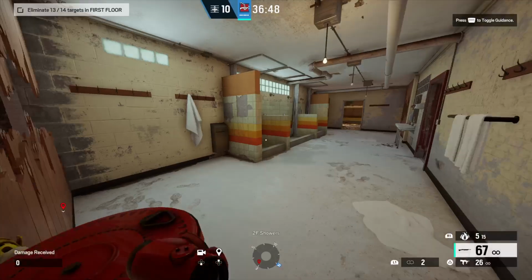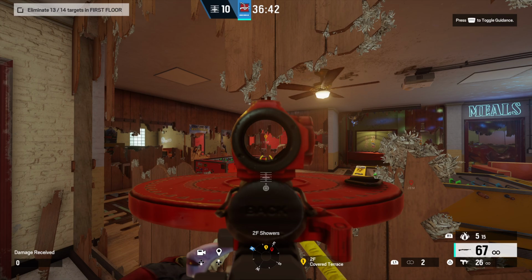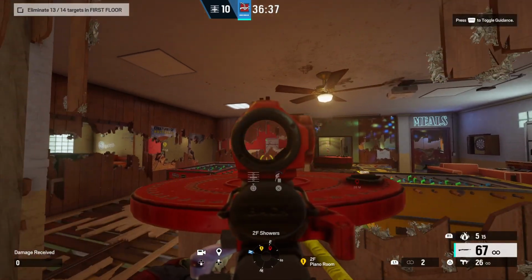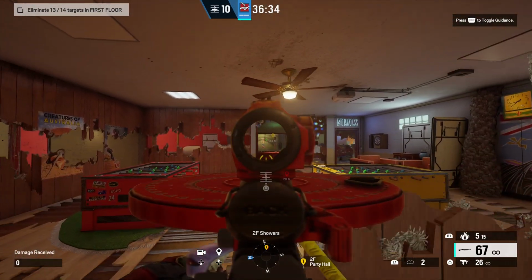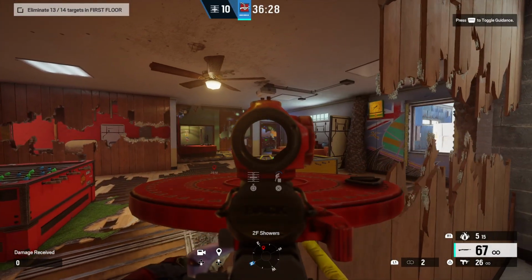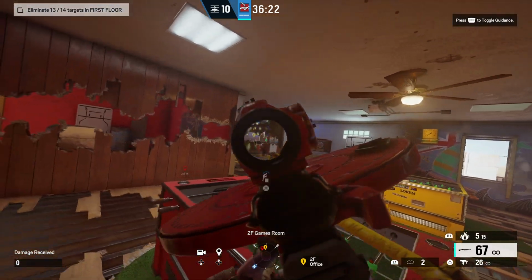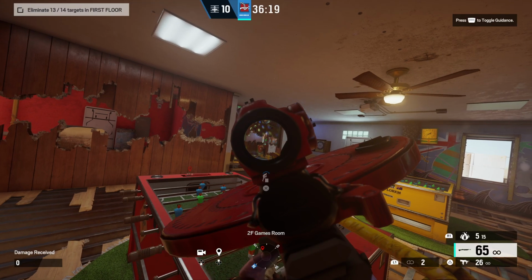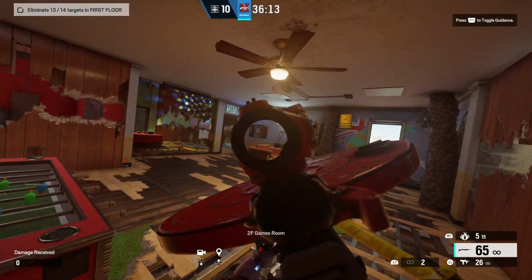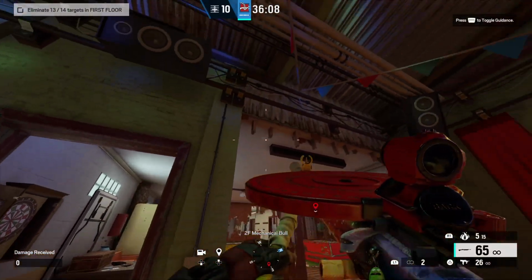So let's move over to bathroom. If you notice, I can see the terrace entrance from stairs. I can see the other terrace entrance from stairs. I can see all the way into the soft wall entrance from office. I can see straight through bull room. That is office over there. So you can literally watch somebody walk in from vending machines outside office if you just have these pre-fire holes set up. I mean, as a defender, you could be Tachanka and just make head holes in this wall,